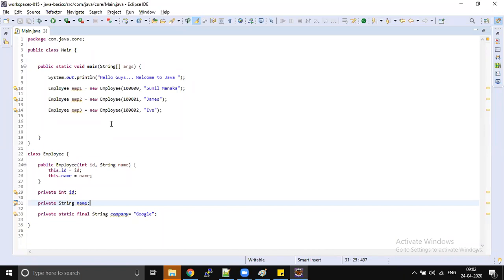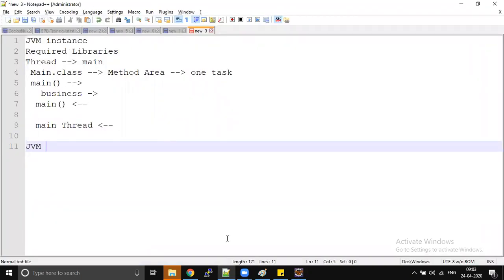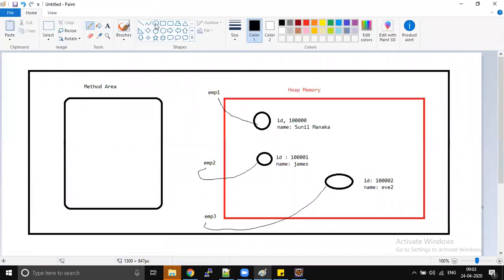Only 2 classes are loaded? But we are creating 3 objects, right? Employee 3 times we are creating. Main class, I didn't create any object. So answer carefully. How many classes are loaded? 2, exactly. In my method area, there are 2 classes loaded.